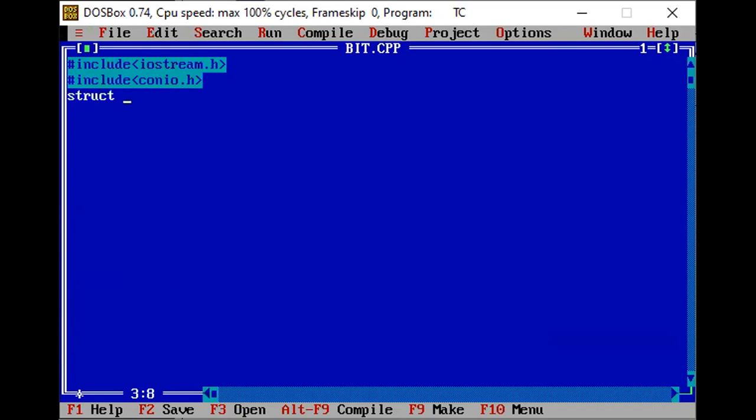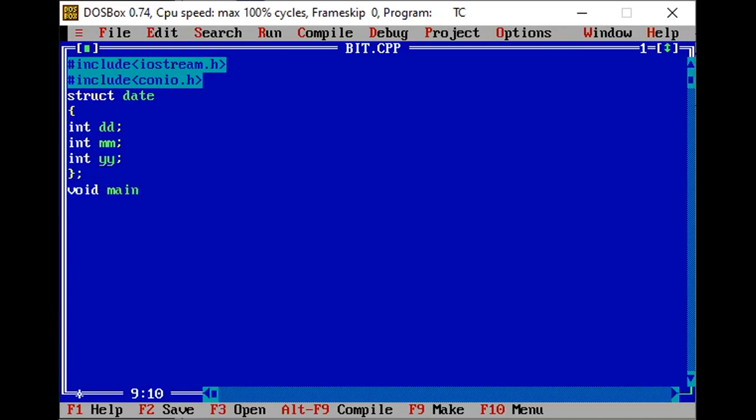Here I will take one structure with the name of date. As you know, in the date, it consists of three variables. One is day. I will consider the variables as an integer type and take the name of the variable as dd. Then month, then year. With this way, I will create one structure.